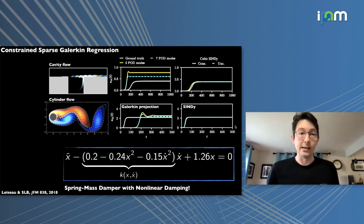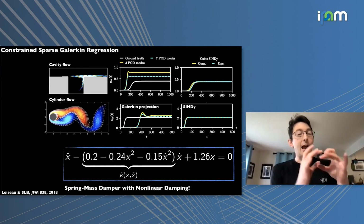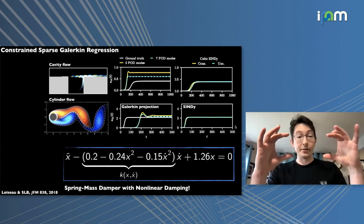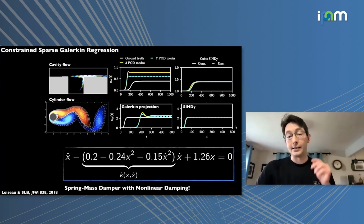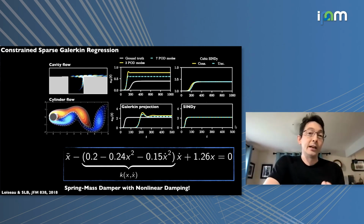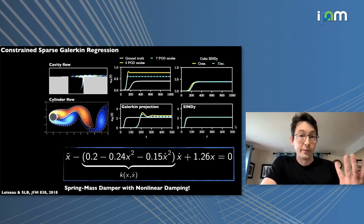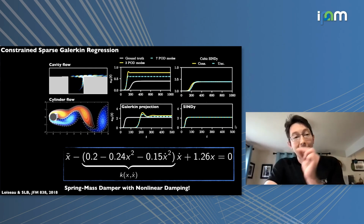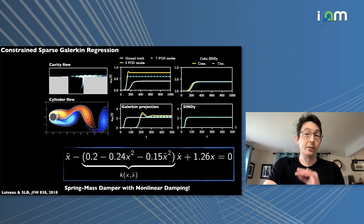This is what JC did, and rearrange them. And what he wrote down is this: essentially, this entire dynamics of the cylinder flow can be written down as a spring mass damper with a nonlinear damping, or a Van der Pol oscillator, if you like. To date, this is the most accurate and the simplest model of the cylinder flow in the literature that I'm